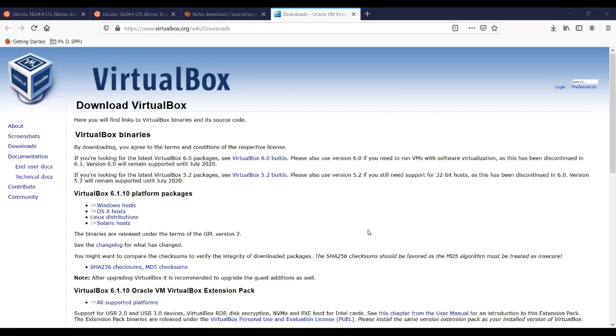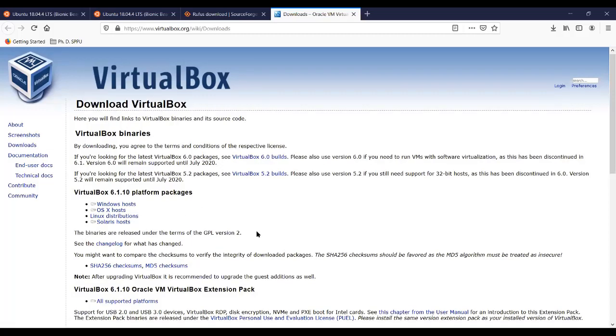I am using Windows 10 on my laptop, so I need to download Windows host of VirtualBox platform packages. Current version is 6.1.10. Just click on Windows host. It will start downloading Oracle VirtualBox for Windows 10.